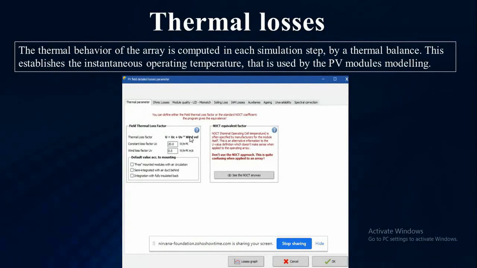Some of the total energy taken by the PV module is converted into electrical, and some of it is lost as thermal losses. PVsyst will calculate the instantaneous operating temperature, and this will be used in modeling the PV modules. We can check the loss factor and wind loss factor,